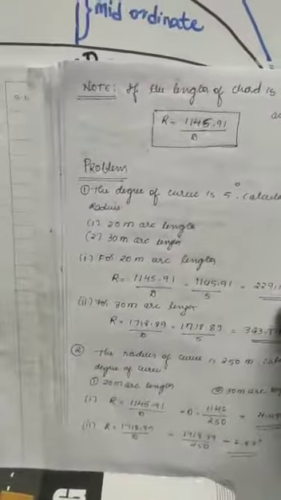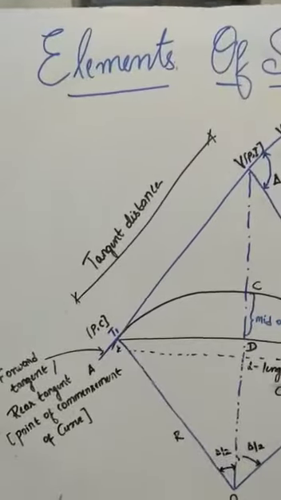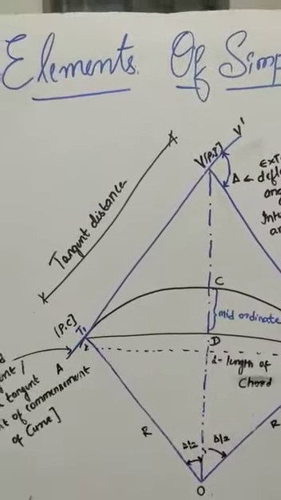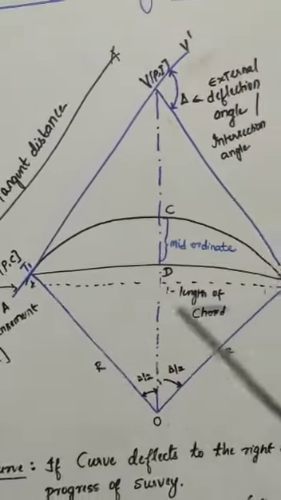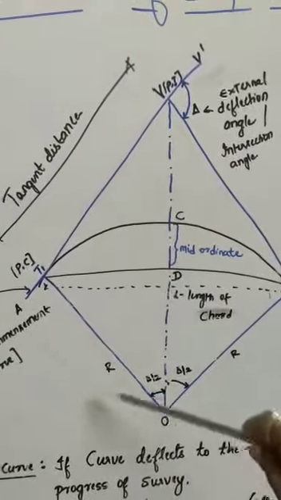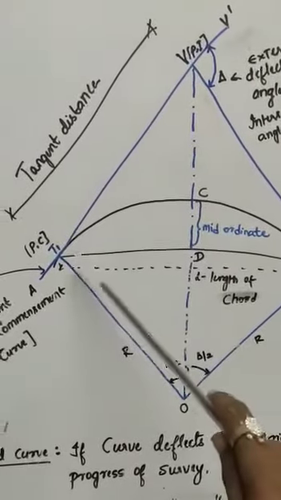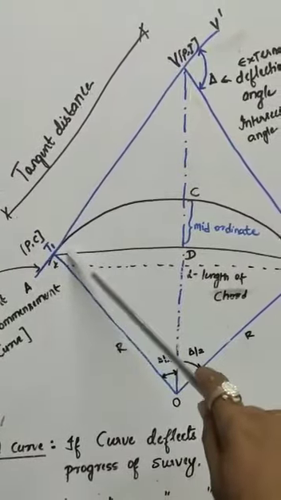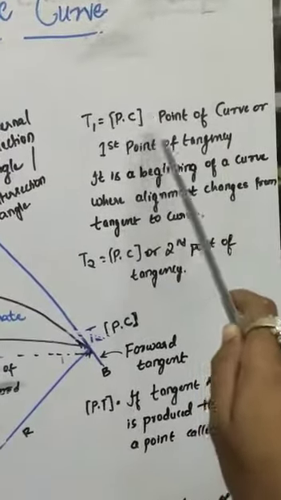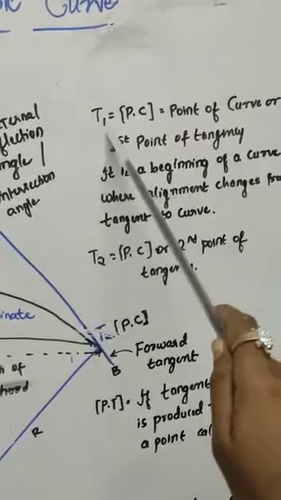So coming to the next topic, that is elements of simple curve. So this is a diagram of representation of your simple curve. Okay. So here T1, which is also known as PC, that is point of the curve, or this T1, that